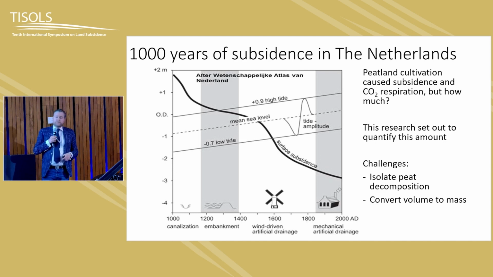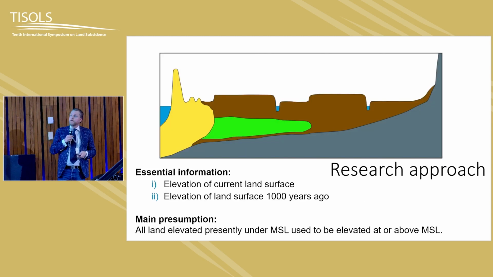And it's not just this talk that we do this, but we do this more often. The official reporting of the Netherlands to IPCC on CO2 emissions is based on land subsidence rates. And Jan van der Akker, sitting in the room, has been working on that. So we use land subsidence a lot as a proxy, and we're also now trying to do the opposite, using CO2 respiration rates to calculate land subsidence. So it's very important that we have this mechanism straight and this relationship.